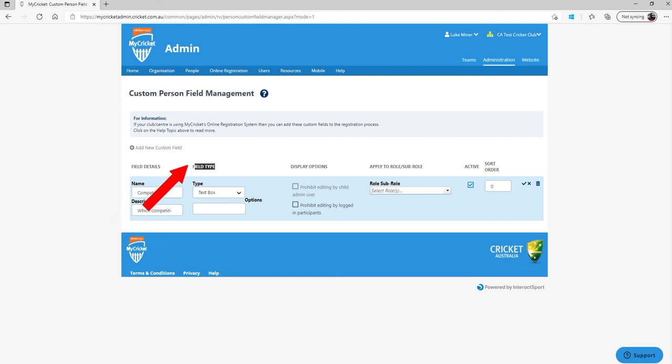In field type, we choose the way in which the question will appear to the participant. Under type, we will select drop-down list, and in the options we will add under 11s, under 13s and under 15s. Please note we have inserted a comma after each option. This will ensure each option appears on a new line. We can leave display options blank,